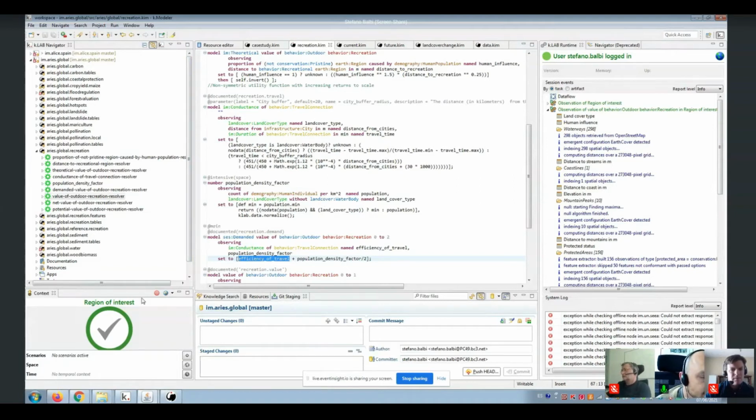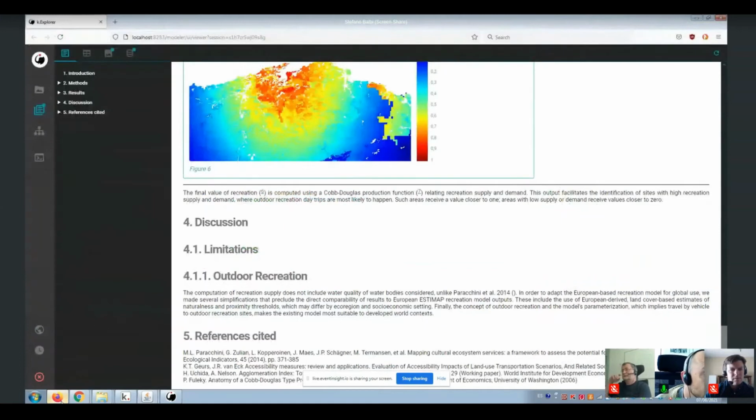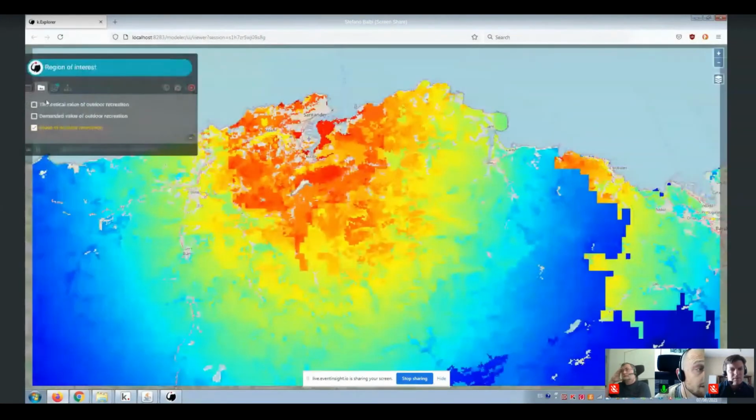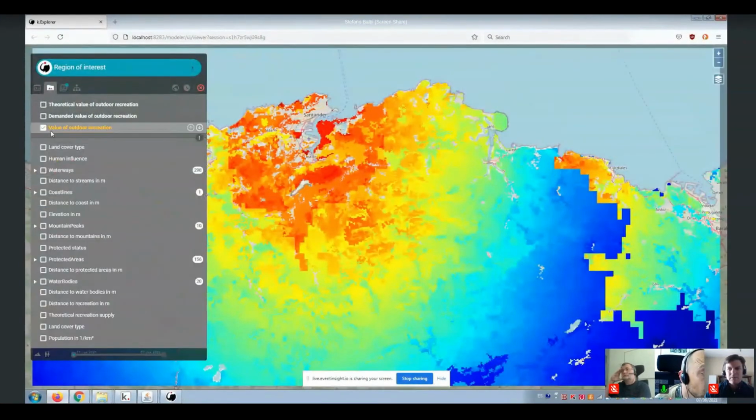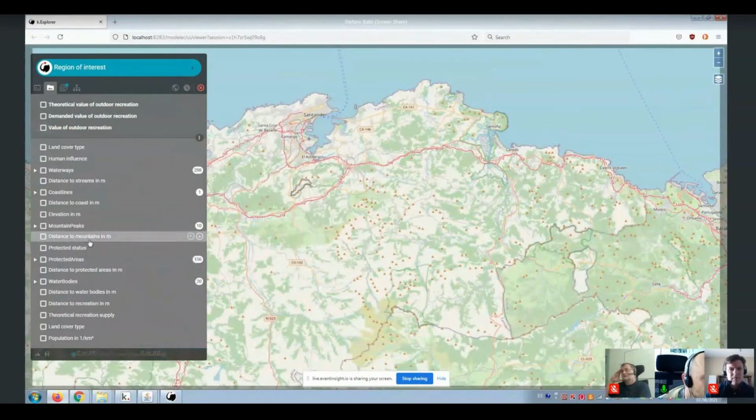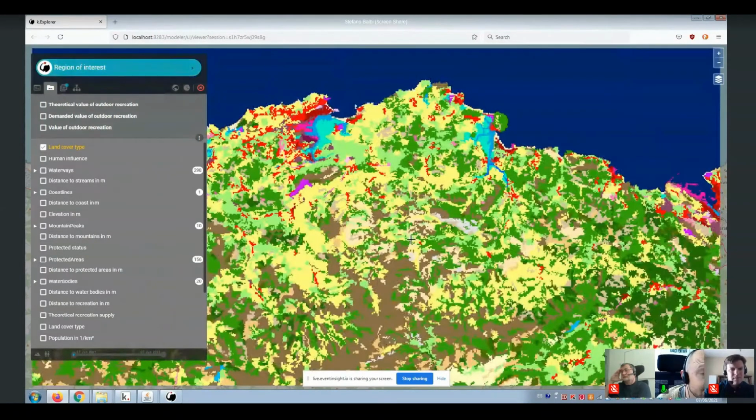So let's imagine that, for example, we are in this particular case. A lot of the model depends on one informational layer, that is land cover type. In this particular case, this is the Corine layer for Europe. But let's imagine I have a case study here, and I want to add my own land cover type. How do we do that? So this is what I'm teaching you in a minute.